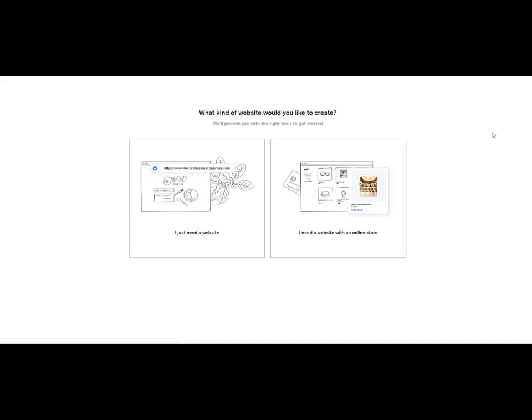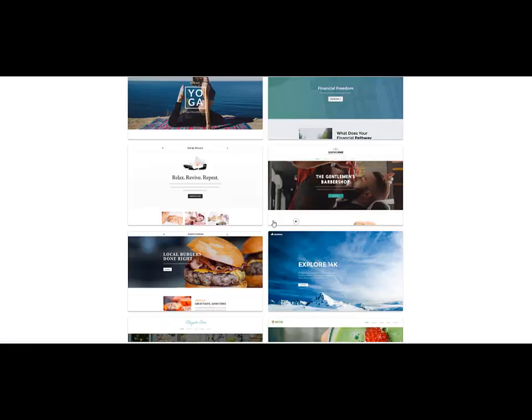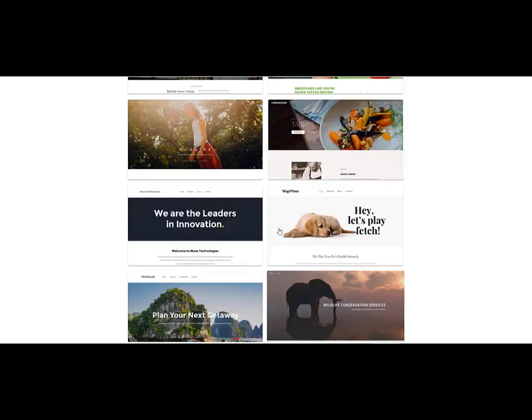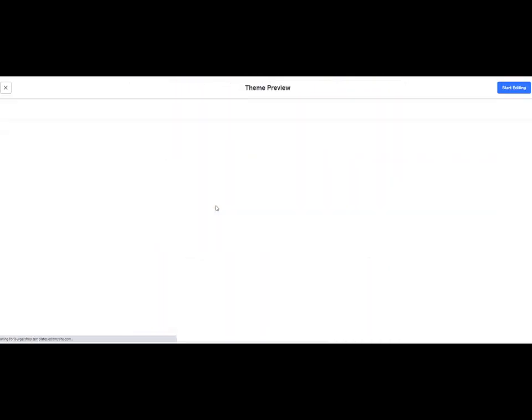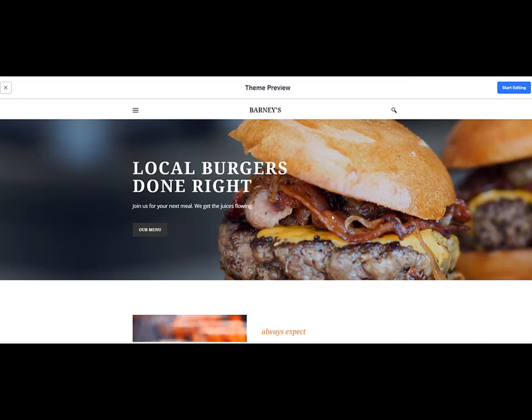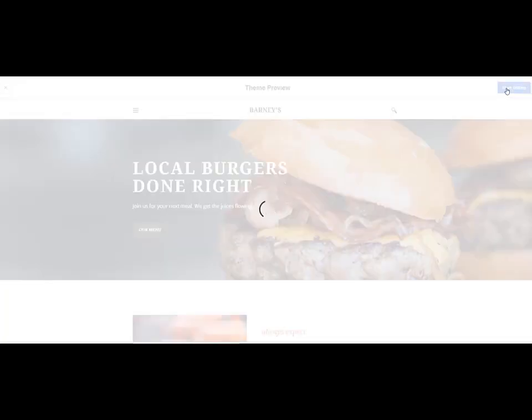Okay, so do I want a store? No, I want to just choose information website here, so I'll give that a click, and then we've got all these themes to choose. So I'm going to choose this one, a restaurant. Okay, so it's going to be a burger restaurant, but we want to change it to something in Gunma. So if I click Start Editing on this side,